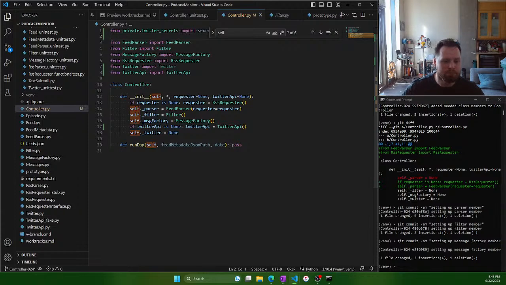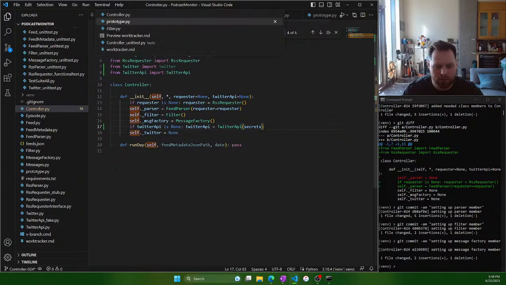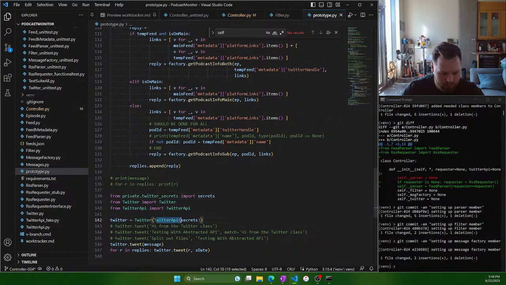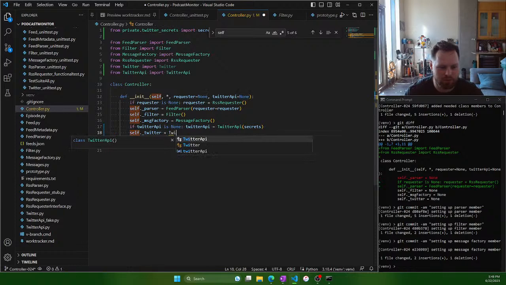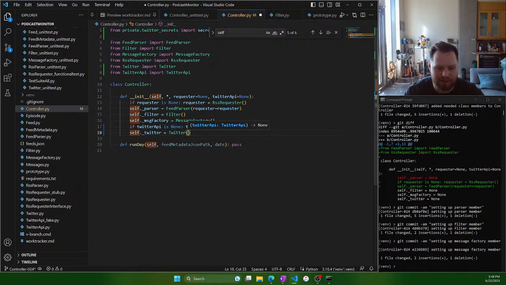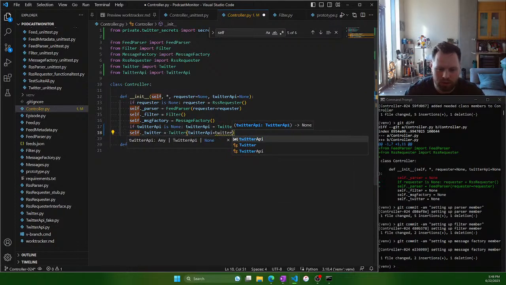Now we're saying here, if it's none, we're going to go secrets. And now we have the real Twitter API, and so we're literally just passing this into here. So we're just going Twitter, and this needs the API. So we can say Twitter API equals Twitter API,